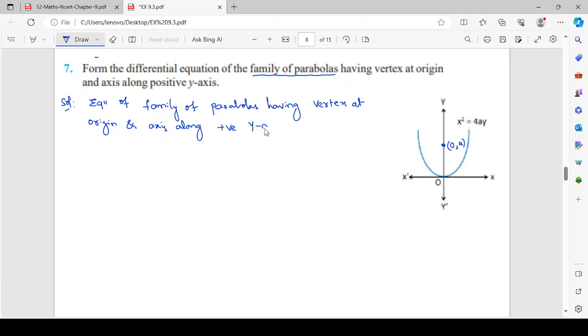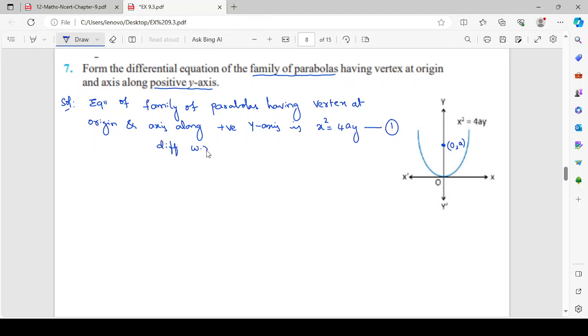So we have to be very careful here. Positive y-axis is mentioned. So it is in this direction. Otherwise it will be an inverted parabola. Okay. So that equation is x square equal to 4ay. How many arbitrary constants are there? Only one. Right? So let us consider the equation as 1 and do the differentiation,